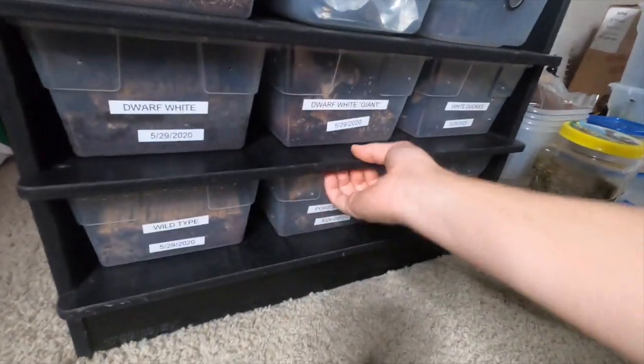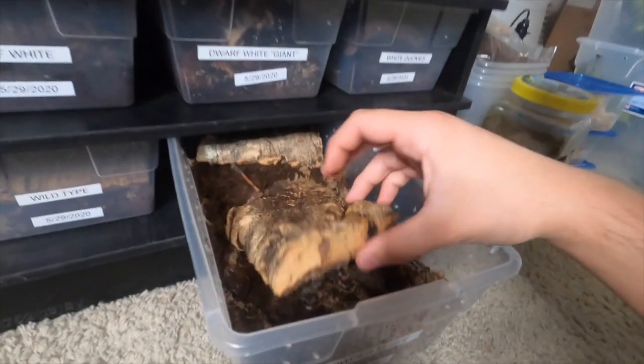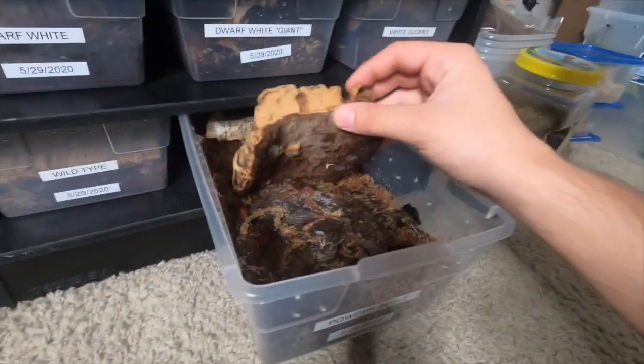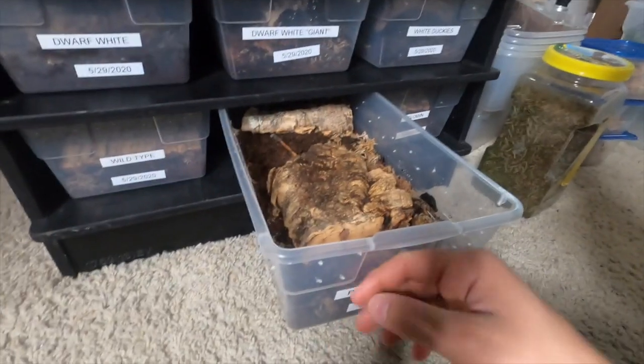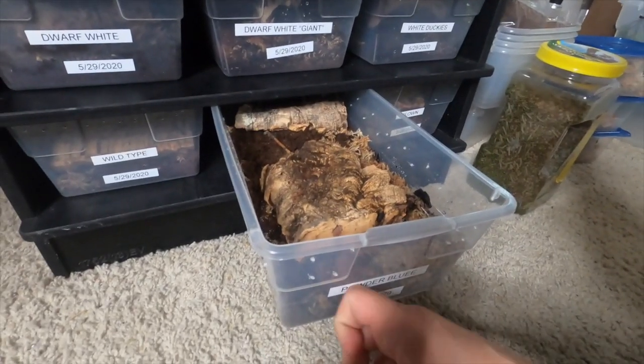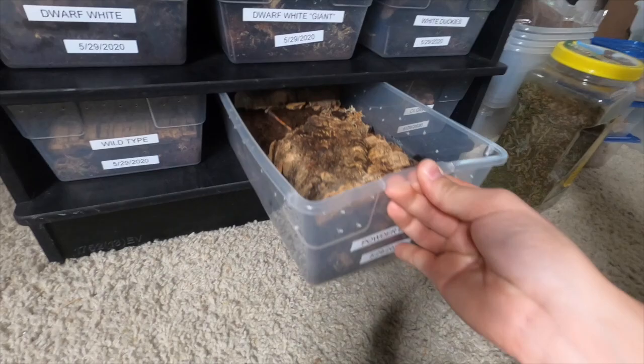I only picked 3. I'm sure when I'm picking through the orange, I'll pick a couple more. And they breed so prolifically that I'm sure I can have a colony up and running in a month and be able to sell some. I think I've only had these powder blues for about a month, and you guys saw there's like a million in here. So I'll have a blue colony, I'll have an orange colony, and then everything in between, I'll probably just end up selling this whole colony off as a mixed colony to see if anyone wants it. Because